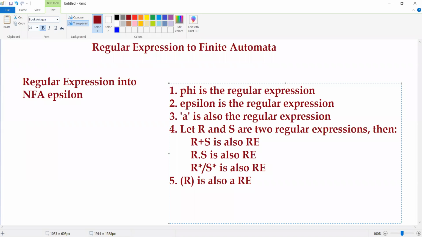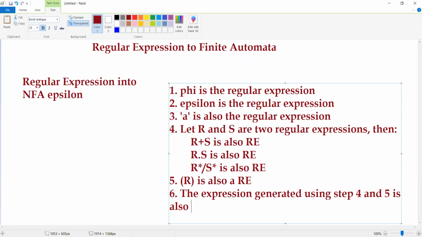And then whatever expression we generate with the help of steps 4 and 5 is also a regular expression.